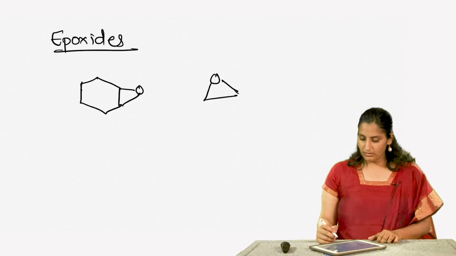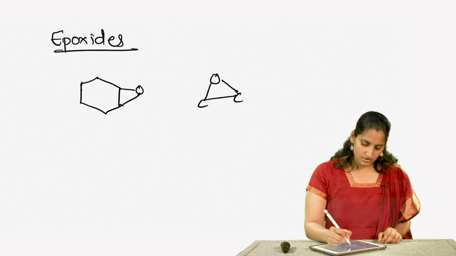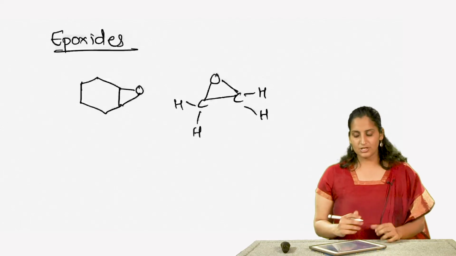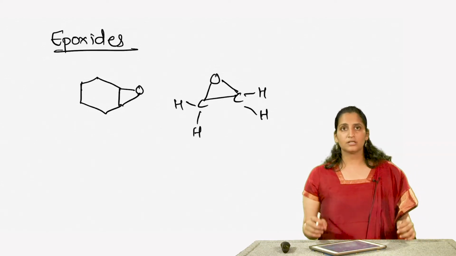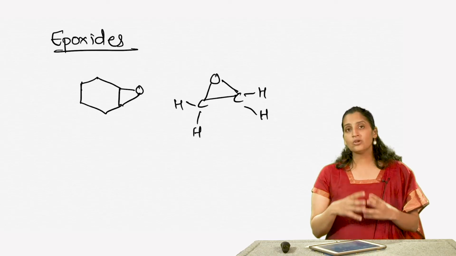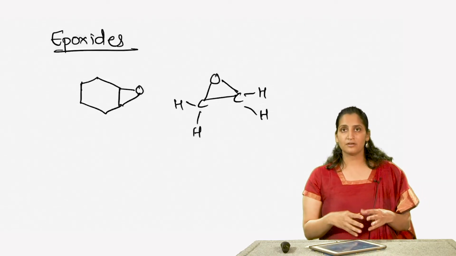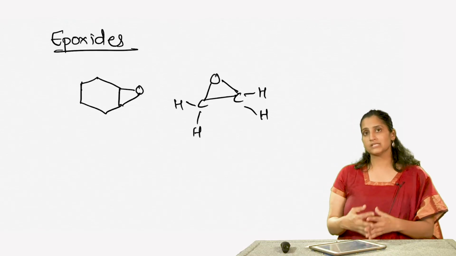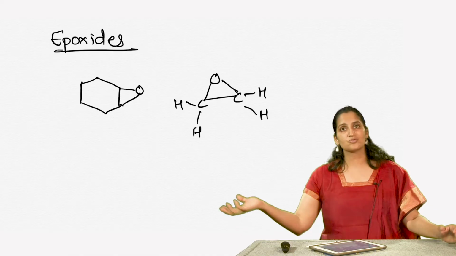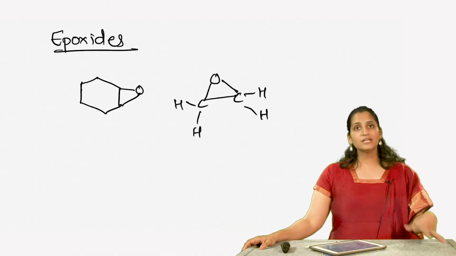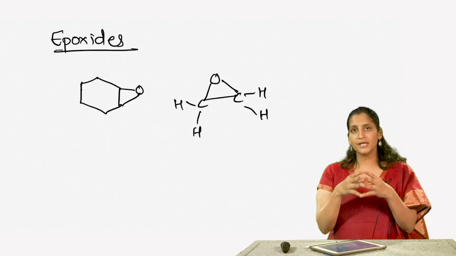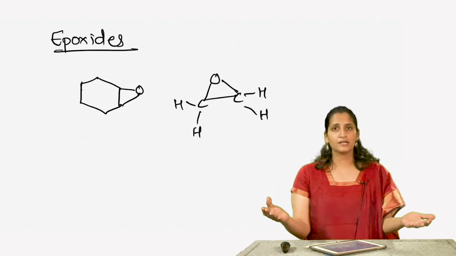Right, and they are cyclic because you have a 3-membered ring of the epoxide formed such that the oxygen is bonded to 2 other carbons, and this ring is very close to an equilateral triangle in geometry. So, it has a bond angle of around 60 degrees, and as you can imagine, this is very close to cyclopropane, right, and we had seen that cyclopropane ring, because of its angles being very deviated from 109 degrees, makes